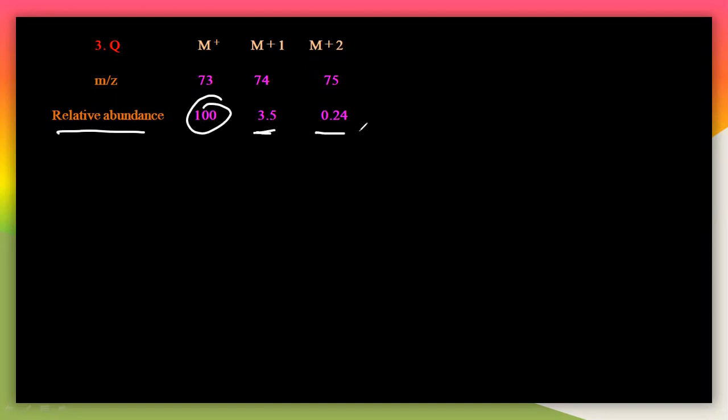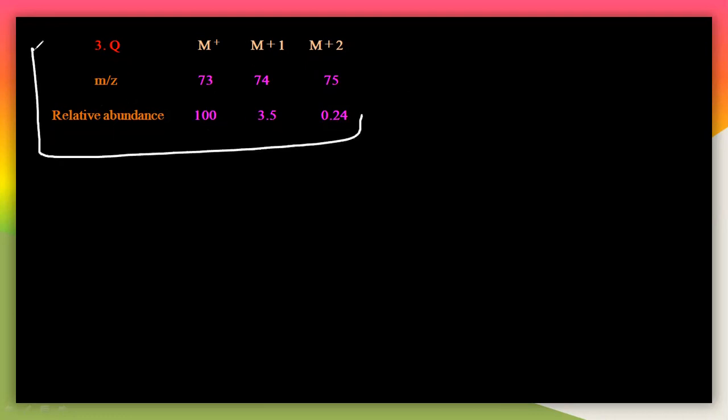So very simple, 3.5, 0.5, there is no chlorine and there is no bromine. Simply try to get the molecular formula of this particular peak here. So with the M+1 peak and M+2 peaks you can try to get the molecular formula of a particular sample here. Try this particular question yourself. So find out the final molecular formula of this one here, and it is already given the relative abundance is 100. So very simple. So you can try this particular question here.